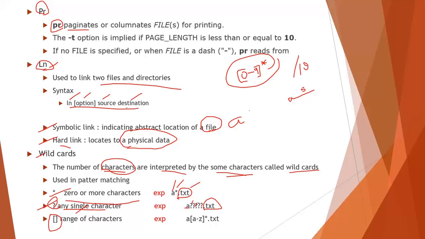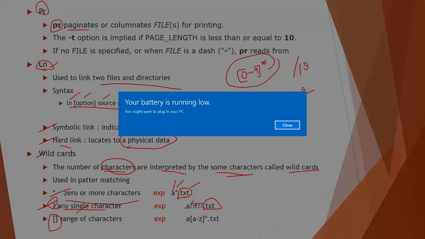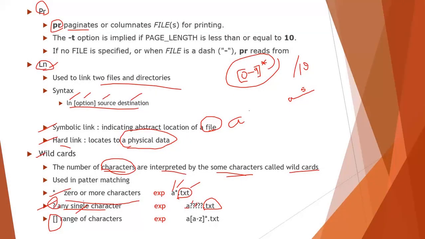So we are going to discuss that in the grep command and all those functions. That is called pattern matching. So wildcards are usually used in pattern matching. For the concept of pattern matching, we'll be using wildcards. We basically have 3 wildcards: asterisk, question mark, and square brackets, which are important for your pattern matching.